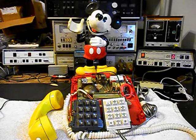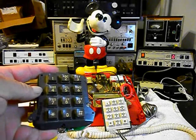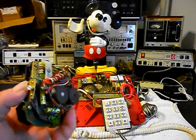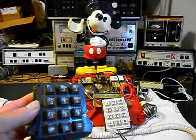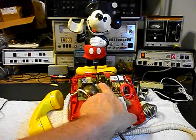Someone had gotten into the telephone and caused quite a big mess inside, and it took a while to straighten all that out. Once that was straightened out, we had to backtrack and find the original problem they were looking for. It turns out that this keypad is the problem, so it was replaced. It's an older style keypad. Whether it's been replaced before or this is how Northern Telecom put this telephone out, Mickey normally has a white keypad, as you can see here on the right. So this is no good. We're going to set it to the side, and we've already installed our new keypad,